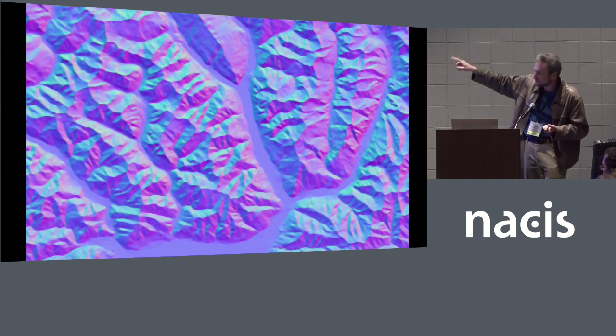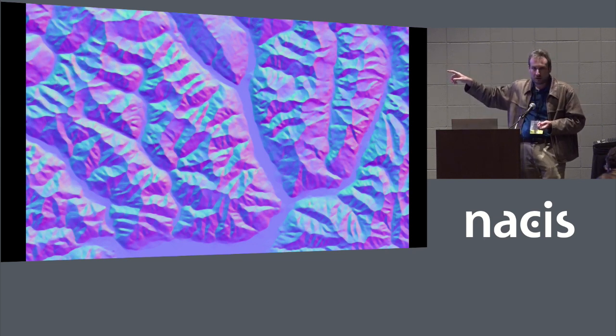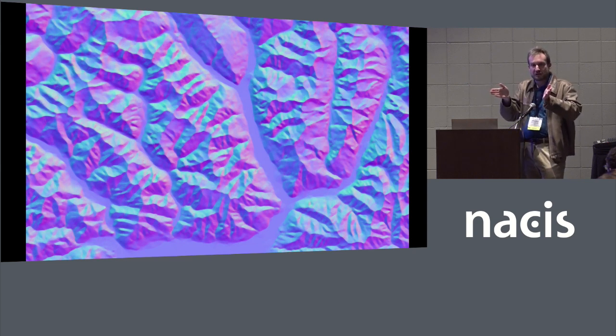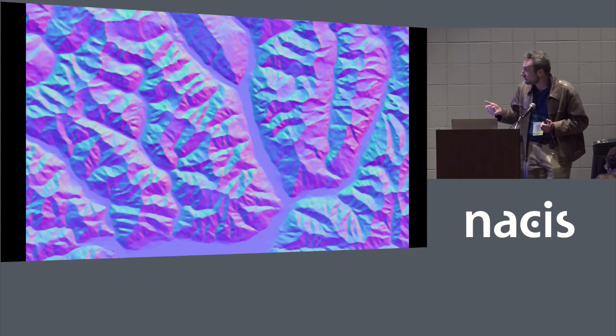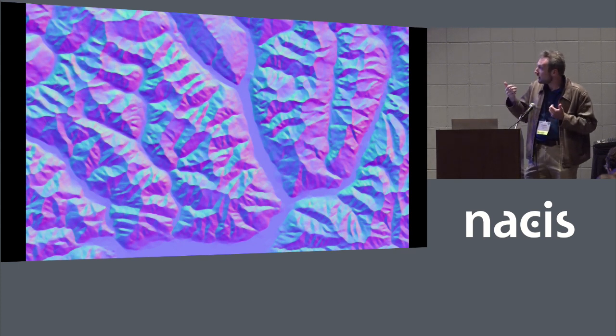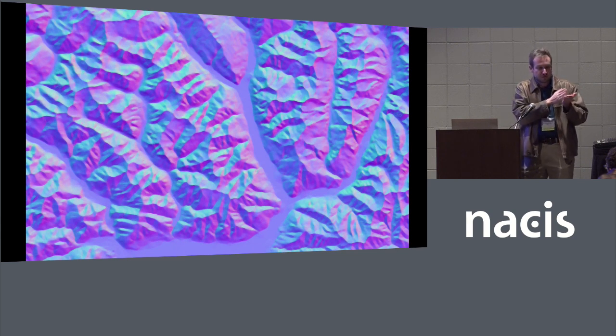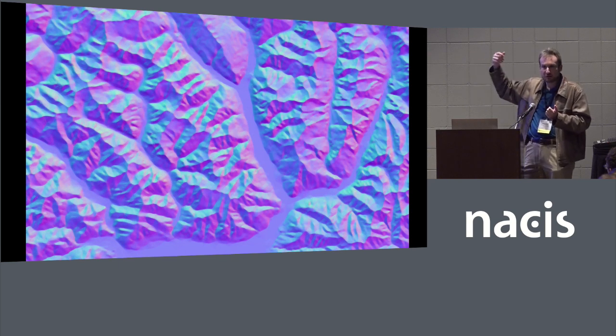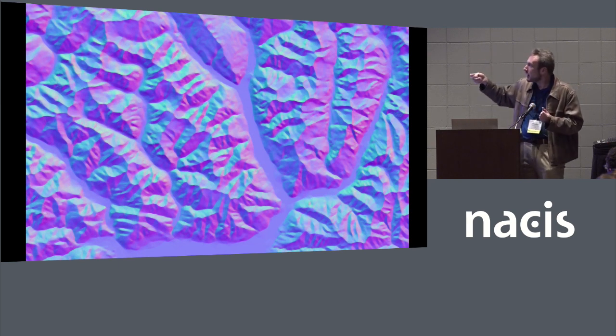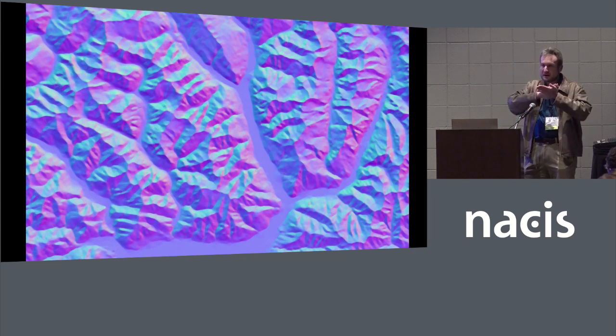Each of these colors is a separate orientation, and the farther apart those colors are, the more different those orientations are. This is really good if you're trying to do terrain generalization, because we want to keep those sharp differences in surface orientation, which are the ridges, the valleys, any creases in terrain. But we do want to minimize any